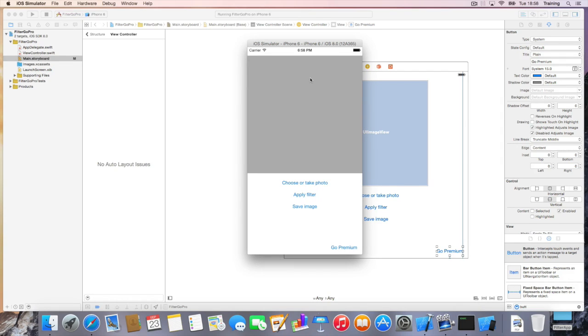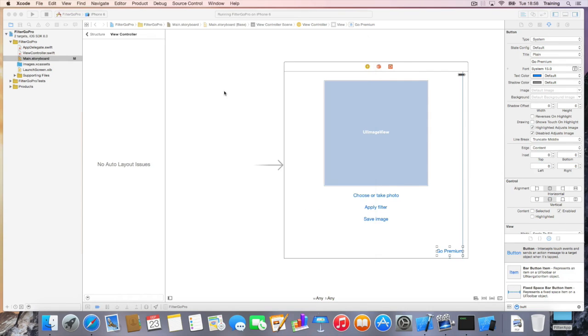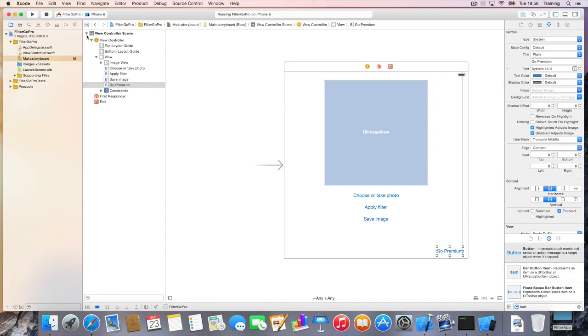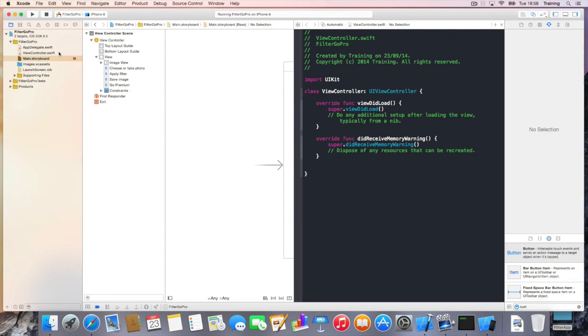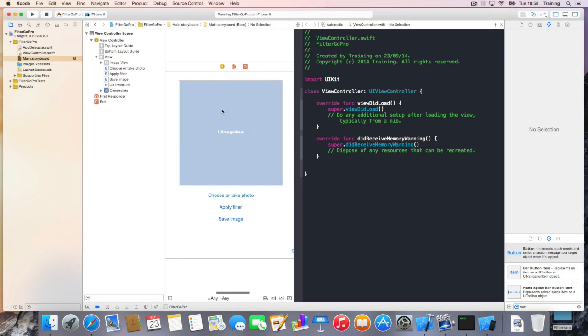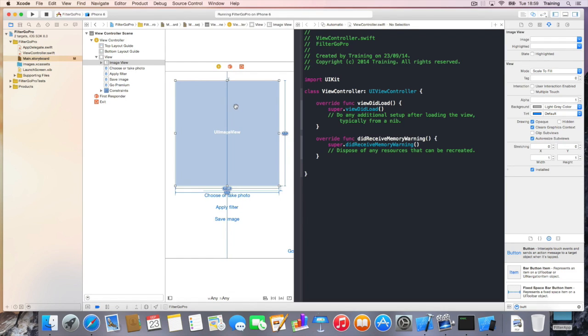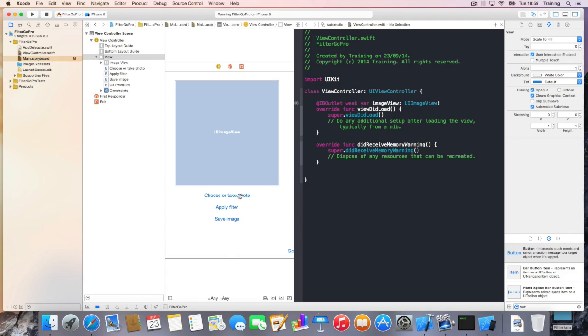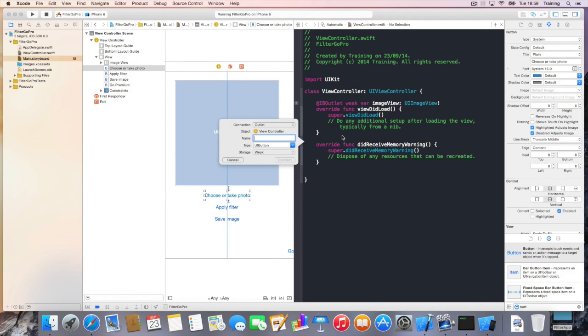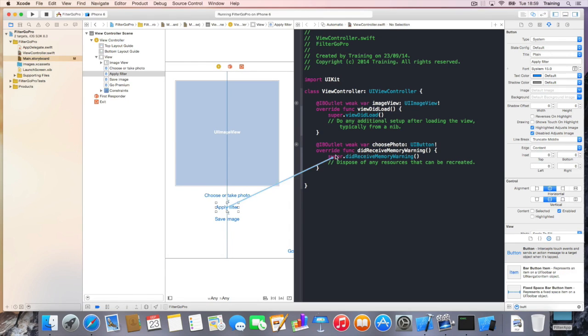and there we go. So now that we have created our user interface, taking advantage of auto layout and the size classes, we can now connect it with our code. We will simply use the view controller that is already created, and we will just add one outlet, which is the image view. I'm just calling it image view. And we will add many actions, like here, we will add an action for choose photo. We'll have an action which is called, oh, I did not